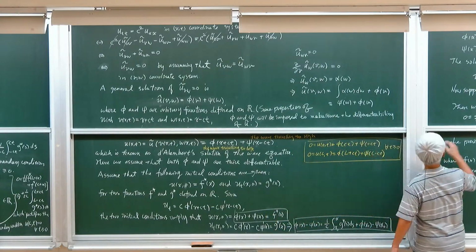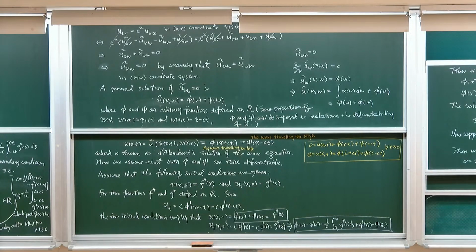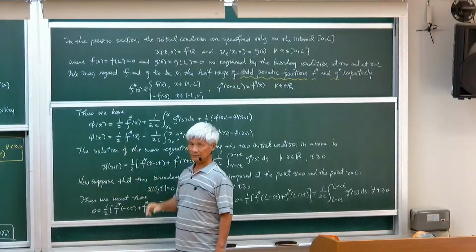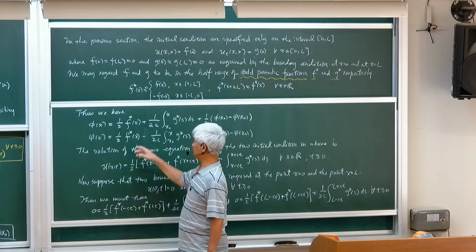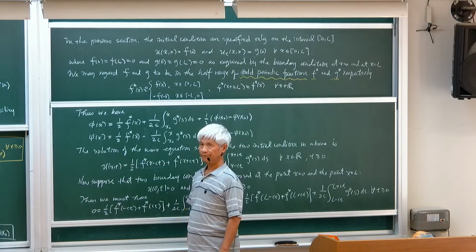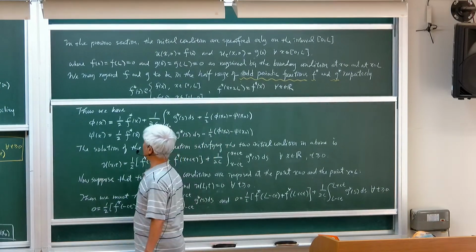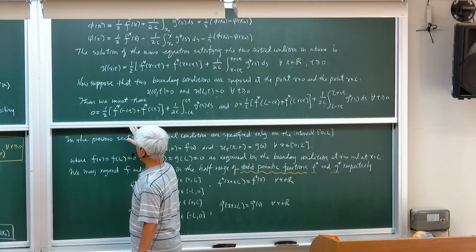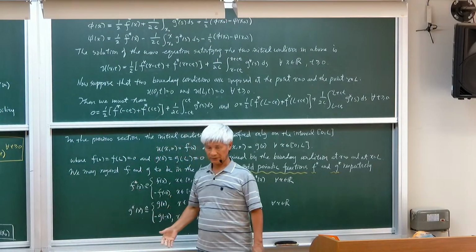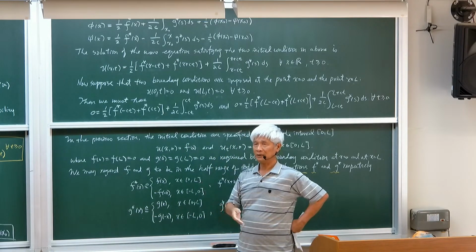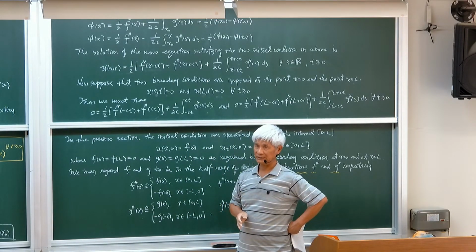So we find the phi function and the psi function in terms of f star and g star. So that is a particular solution we have,